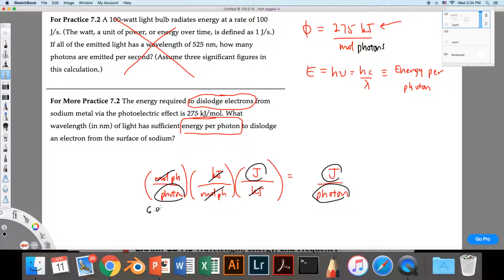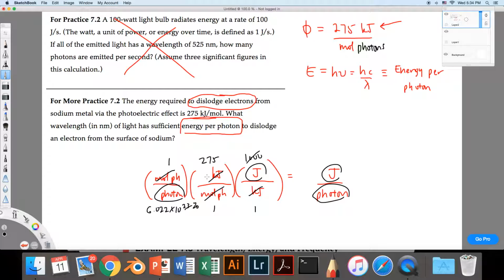There's 6.022 times 10 to the 23rd photons per mole of photon, right? And there's 275 kilojoules per mole of photons, right? And there's 1,000 joules per kilojoule. Agreed? Okay, so I'm going to get rid of that 1,000 and make that a 20, right? And I'm going to go ahead and calculate 275 divided by, when I do that, it gives me less things to calculate, right? So it's 275 divided by 6.022 times 10 to the 20